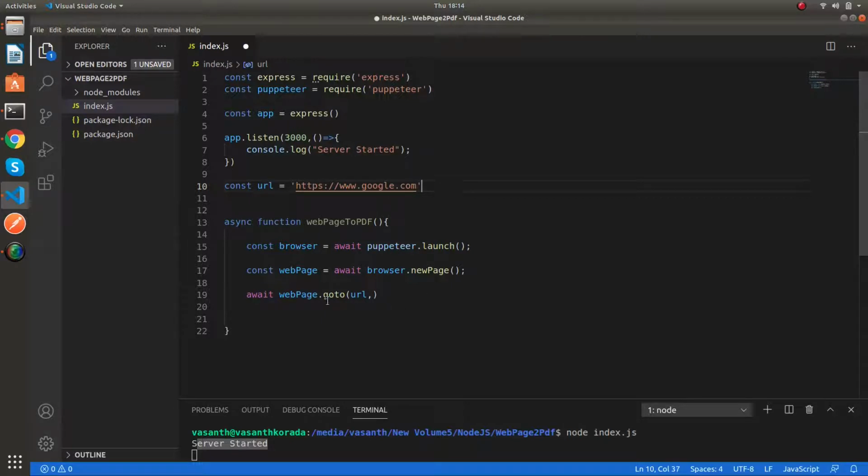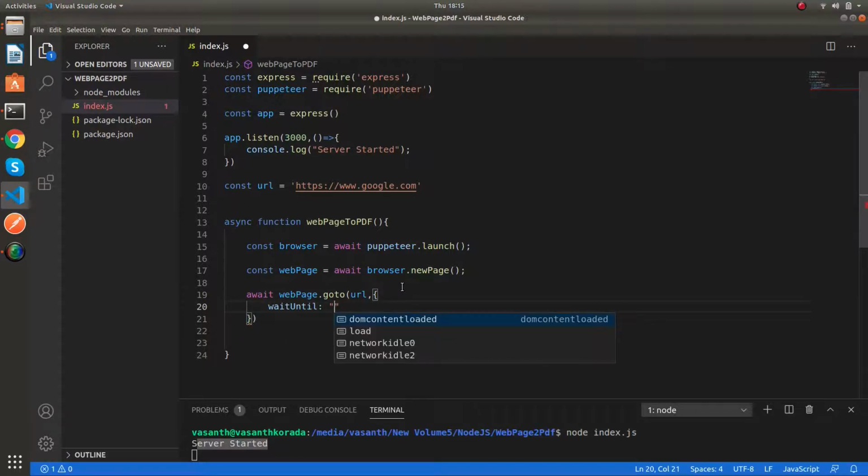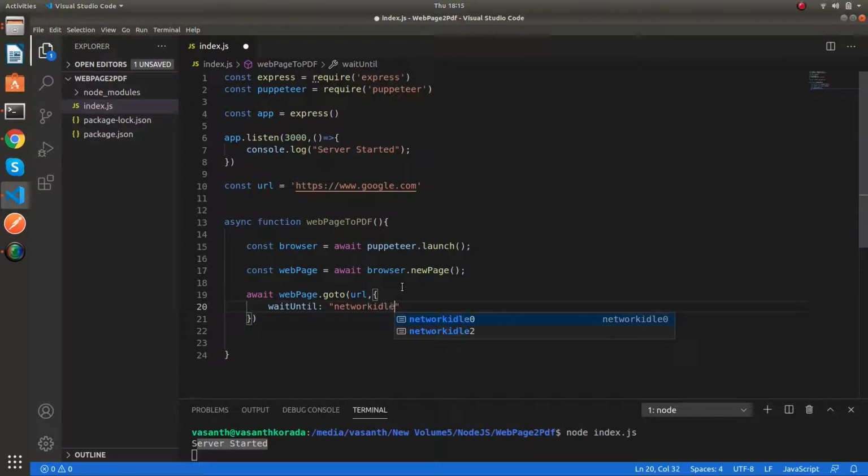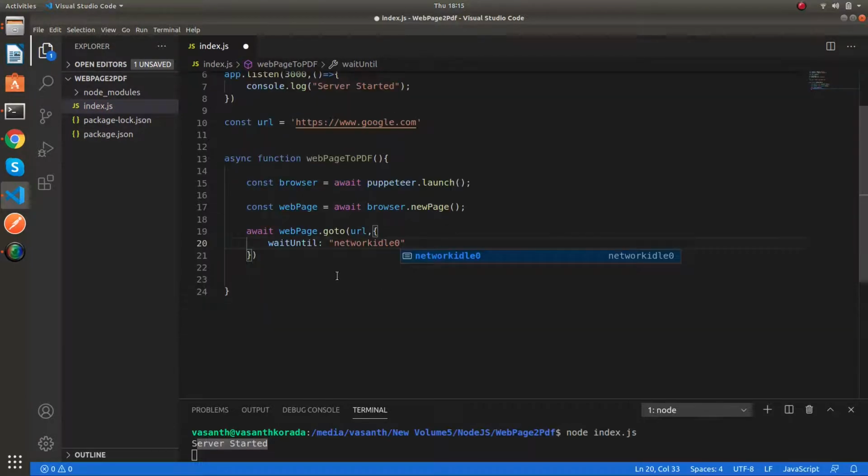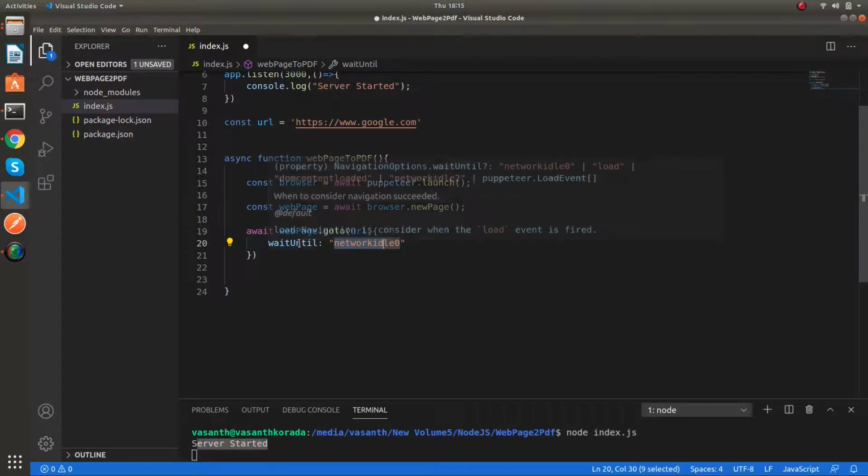Yeah. So the browser goes to this URL and we will be passing some options as well. So I'm going to say waitUntil networkidle0. So basically we are saying that this should complete until, if we specify this